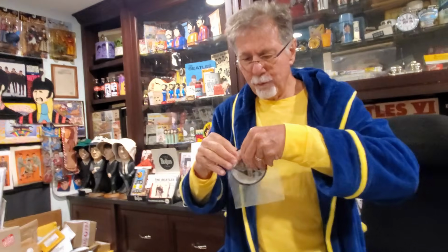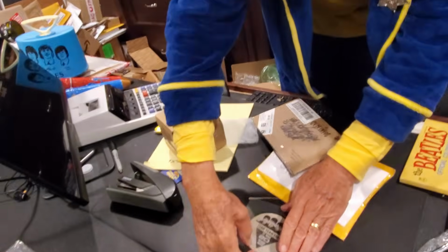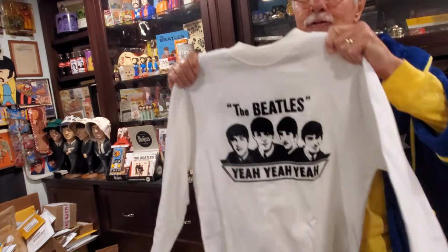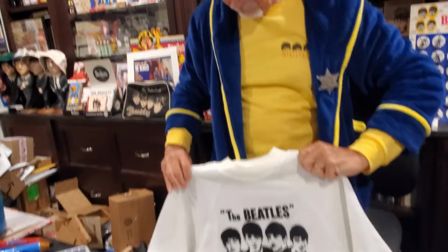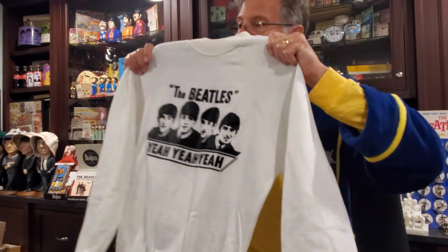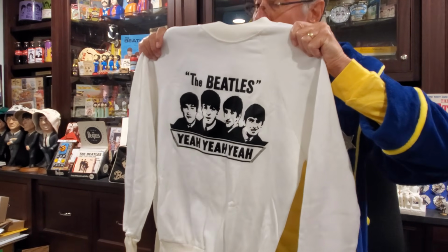Let's see what this is. Okay. So, I bought this recently. Why did I buy it? Okay, 20 years ago, 20th anniversary of the Beatles. Now, the reason why I bought this is because I wanted to prove something to people. Keep your eye on the ball, baby. You remember from another show, I showed you this shirt. Notice the same thing. It's showing that this is a real shirt that came out on the 20th anniversary